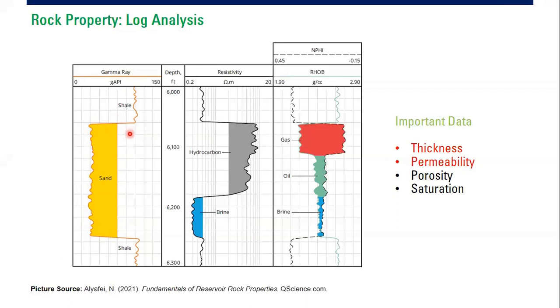And then this is of course not enough. Okay, we still don't know where or how thick our reservoir is. All right, this is only the gross rock, not the reservoir or the pay that contains oil or gas. So this is only the house, the rock body that will contain the fluid. Okay, and we need more information from the resistivity log. By using this resistivity log, we can distinguish between hydrocarbon zone and water zone.